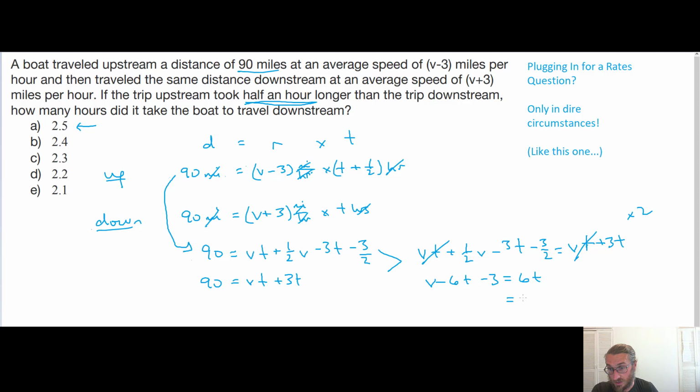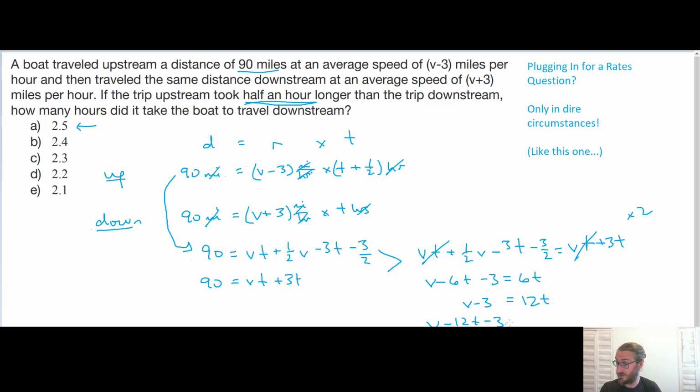So what we're going to get there is 12t on this side, so we get v minus 3 equals 12t, or if you bring it over, v minus 12t minus 3 equals 0. And if you've got sharp eyes, you're going to see that this is actually a quadratic. So what we would want to do is to take one of these equations, presumably this one, because this is